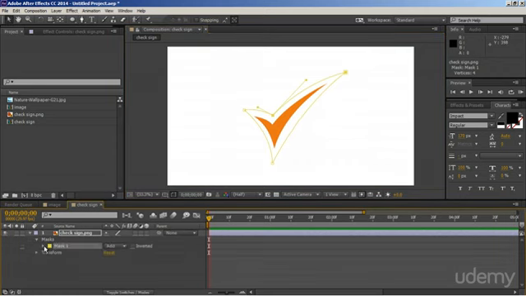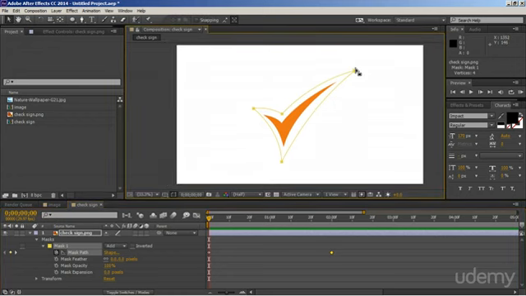Alright, let's expand the mask parameters and add a keyframe to the mask path. Place the playhead at 2 seconds and let's add the same keyframe by clicking on this tiny diamond icon. So we have the same shape on both keyframes now. Now just select the upper node and drag it to hide the shape. Since on the first keyframe no image should appear, place all nodes in such a way that the image will be